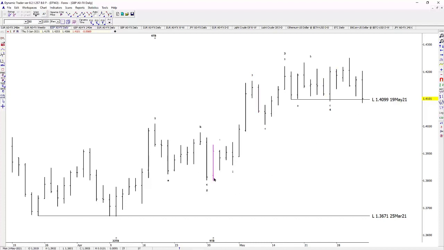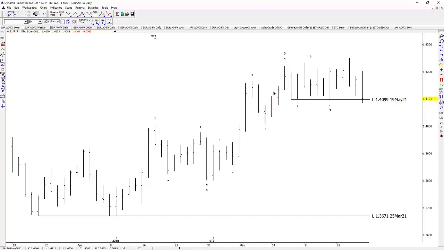we had a great entry here based simply on recognizing this was an ABC correction, and if so, how can we enter the market with acceptable capital exposure for a probable advance that would be comparable or greater than this wave 1. And then we recognized on this advance when it got to the new high, and it looked like